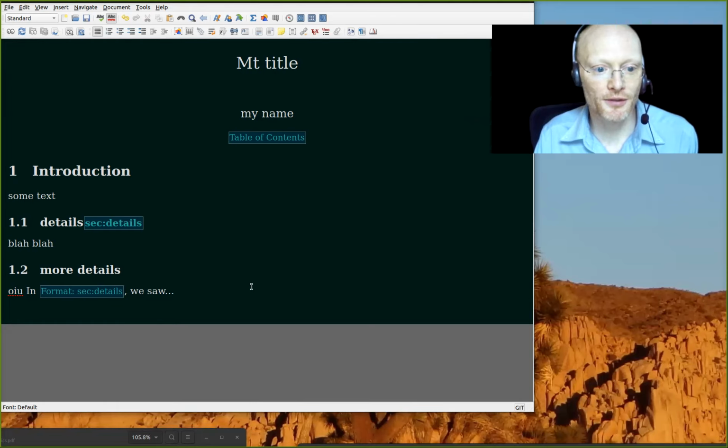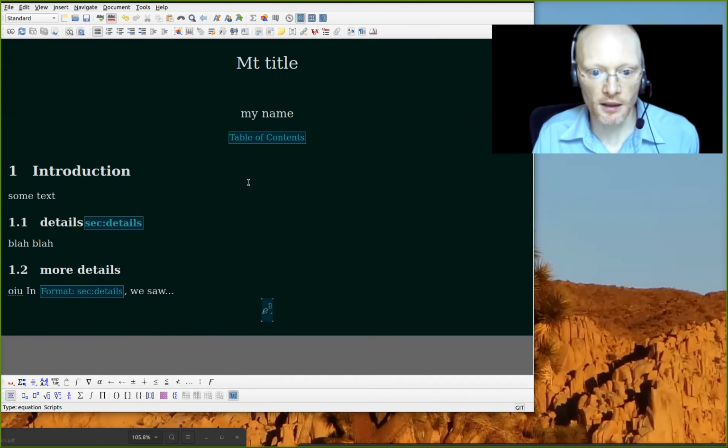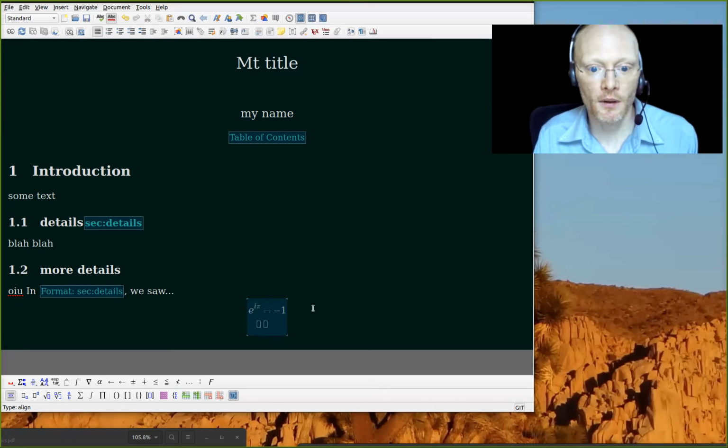Okay, math, I'll just very quickly demonstrate, but you can skip over the math part if you're not interested in equations. So just to show you how easy this stuff is, now I could be generating something like this by clicking on these, but there's also a succinct way to type such things. So if I want to